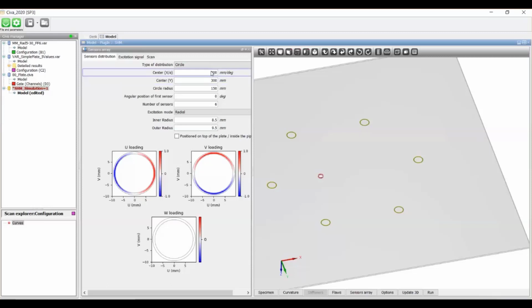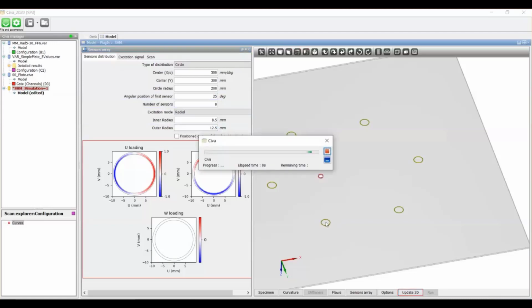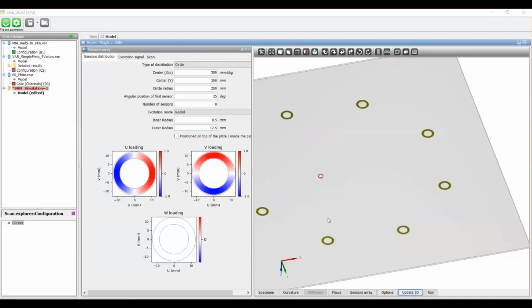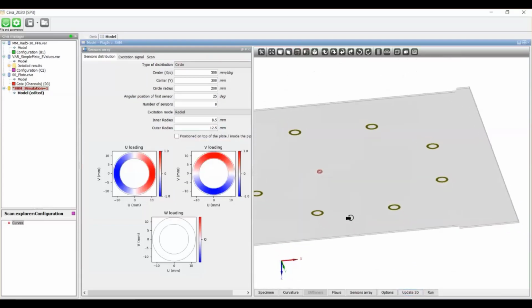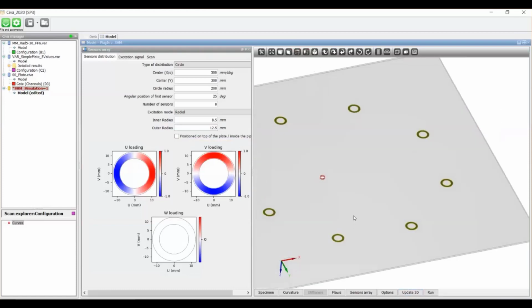So you can, of course, change the number of sensors. You can change their location here in these circular organizations. I will replace by 8 maybe. I will change the angle. Maybe you can also consider different sizes of sensors. You can see in this case that it corresponds to a circular shape of sensors, such as thin piezoelectric patches, typical of SHM sensors.